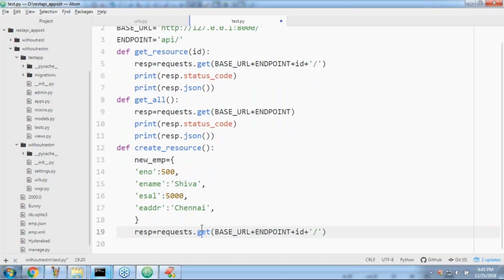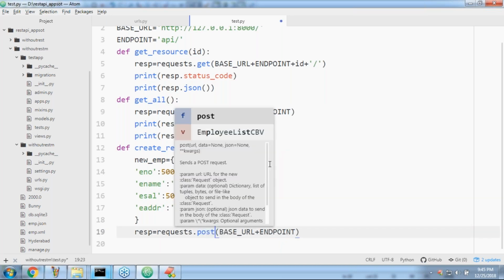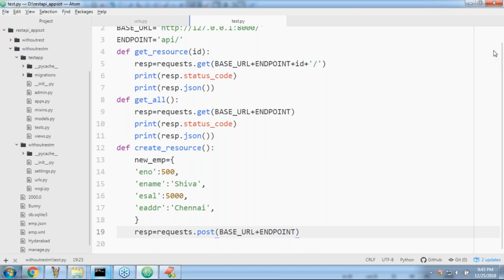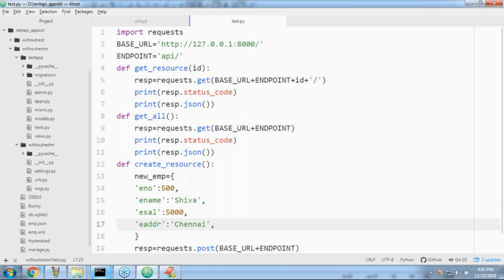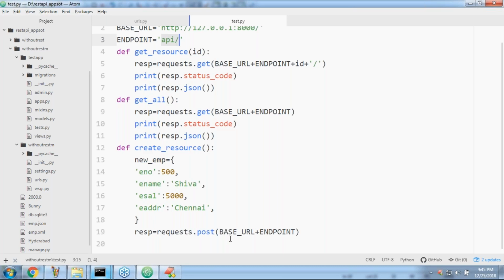So request dot get off, okay, like this. But in the post, now I'm expecting which method, sir? Post is the method. Any doubt, friends? Are you in a position to understand, right? Now post. What is the base URL? Already aware. HTTP, next, and after that slash API. HTTP slash API. So it will go to the post method like this.